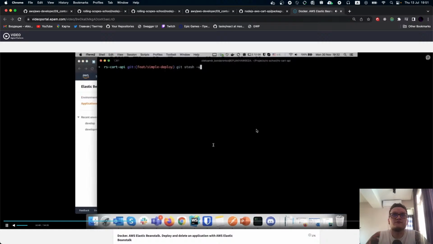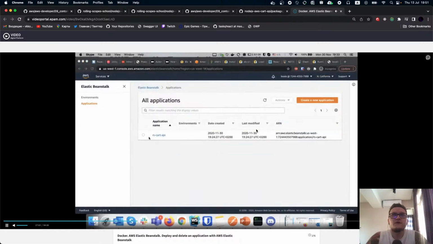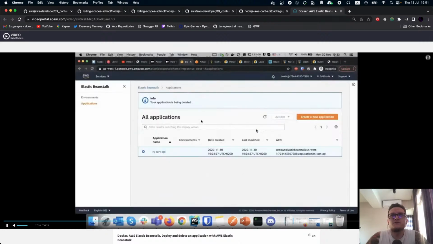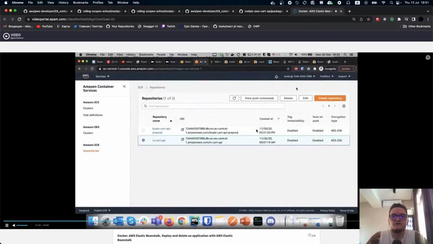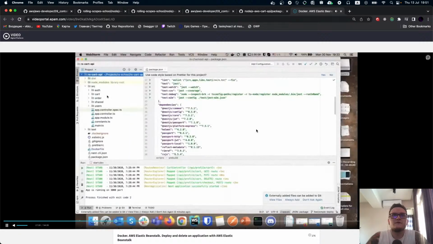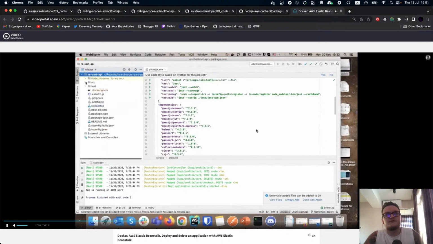Also, I think he will initialize it again. Before that we remove all the stuff we already have inside here, just to be sure that everything is clear for us. He also removed the dist folder with the already built stuff.